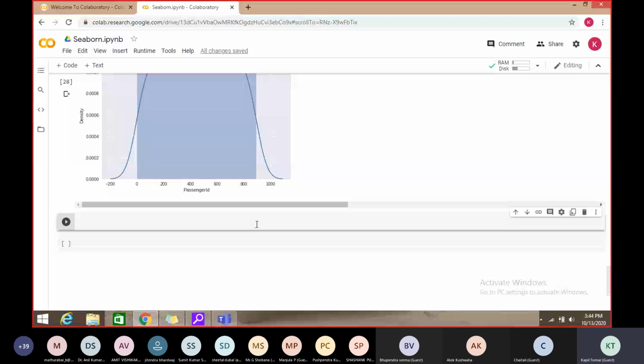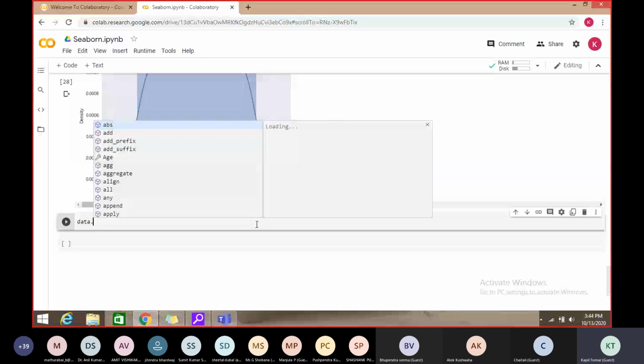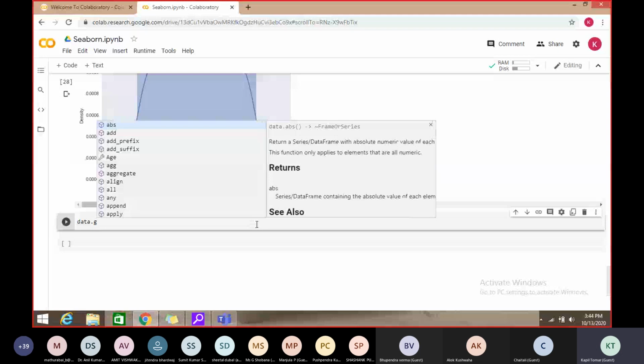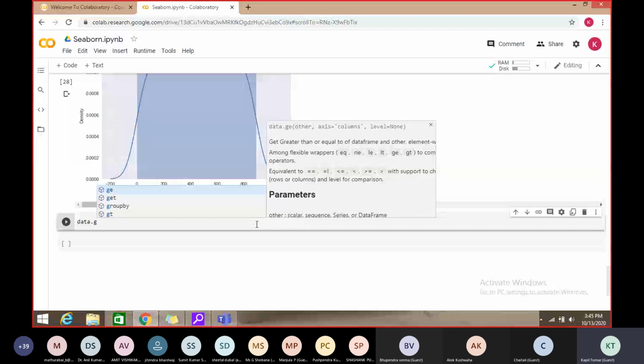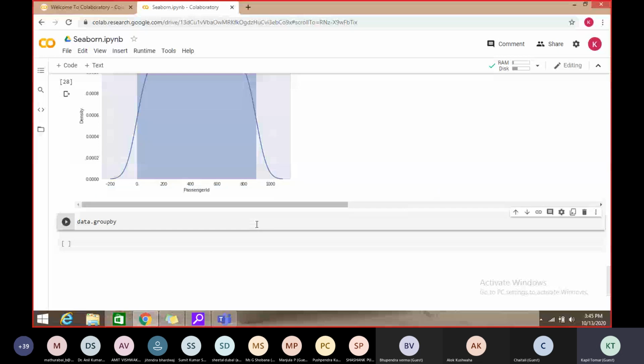So we can check this. We have data dot group by. What it will do is merge two things, if we want to correlate.